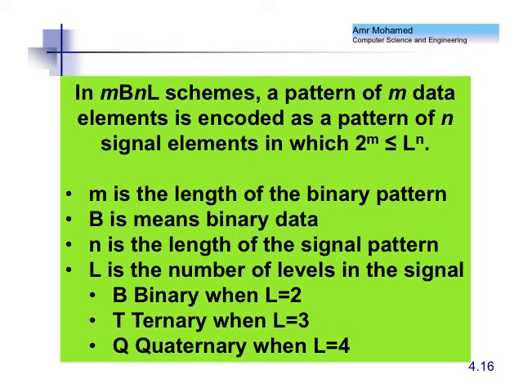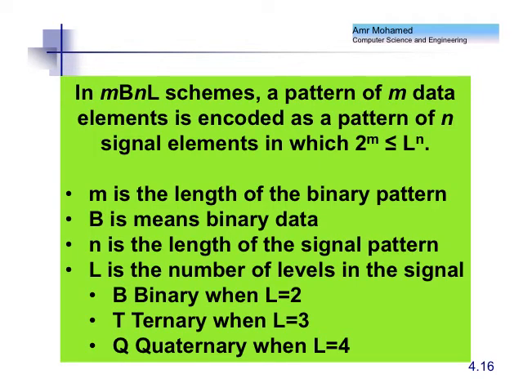Right? So what I'm going to do is either keep the number of signal elements as 1 and change the level, using different levels. That's one of the degrees of freedom. I can have 1 signal element and different levels. So for example, if I